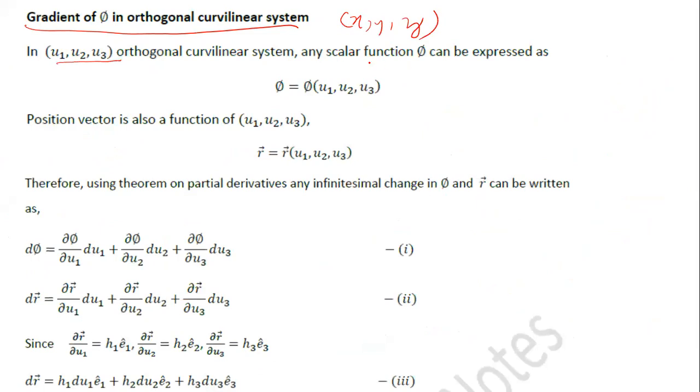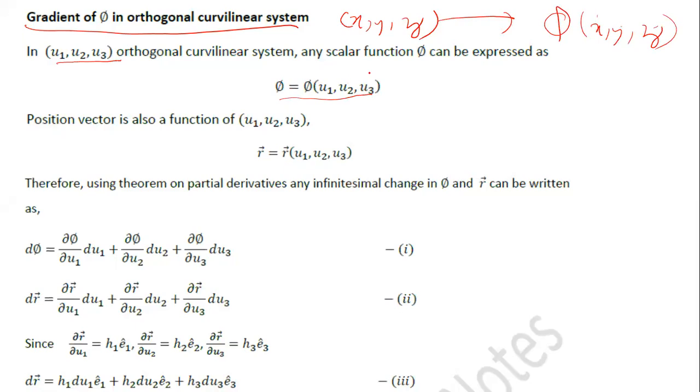Any scalar function in such a coordinate system can be expressed as a function of these, because in the 3D Cartesian system, any scalar function can be expressed as a function of the coordinate variables x, y, and z. Similar to that, in this orthogonal curvilinear system also, phi can be expressed as a function of the coordinate variables